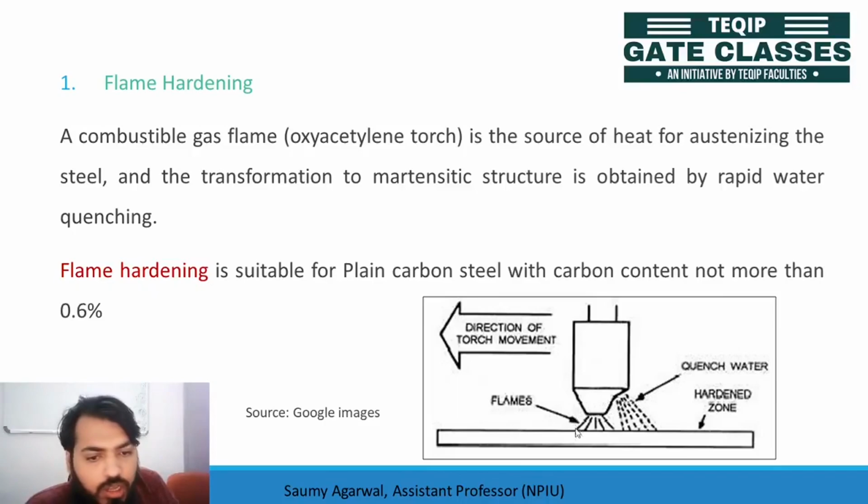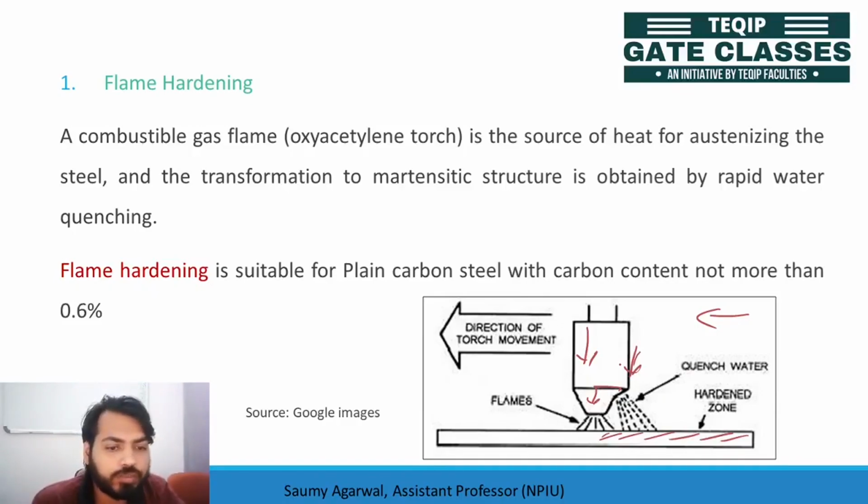First you will heat with the help of the flame, then it will be followed by the quenching, and this will continue; there is not much gap over here. This much zone has already been hardened. The quenching will follow this heating process continuously, so both the flame torch and the quench tube will follow together in a series format. Like this you will do the process of flame hardening.